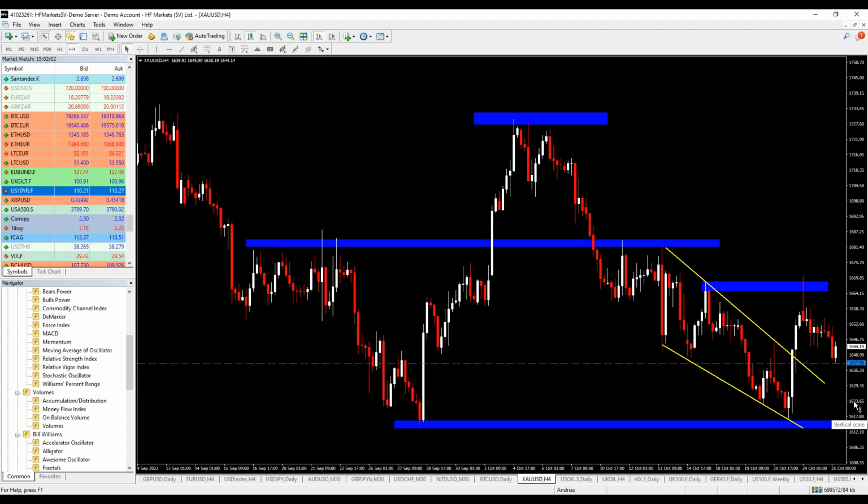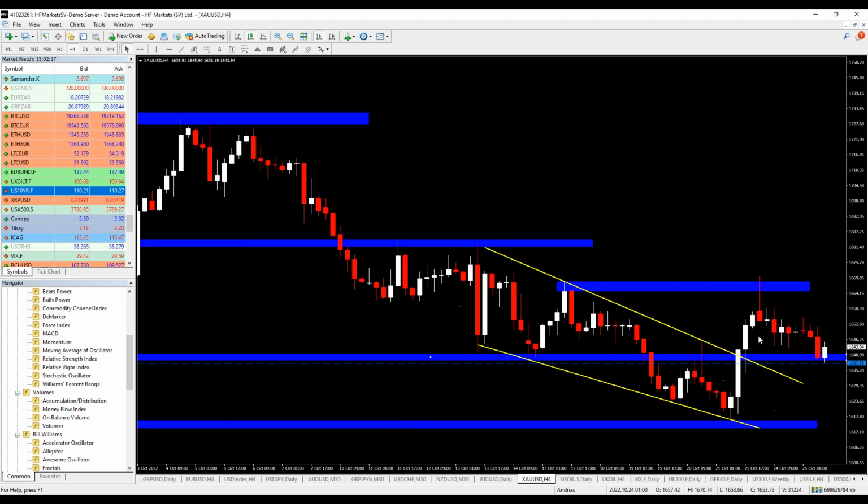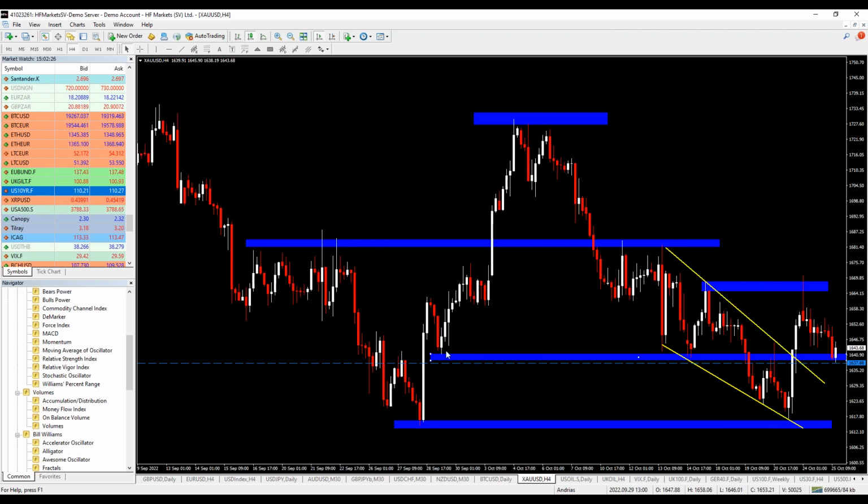It's in a pullback. So what we have over here, oh wait a minute, that was an old support level. So once, twice. Very, very interesting. So if it sustains this support level, it used to be a support level. Can you see that? It used to be a support level at the end of September, the very first 2 weeks of October.